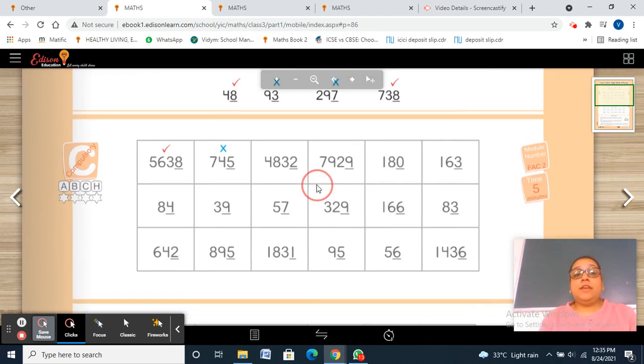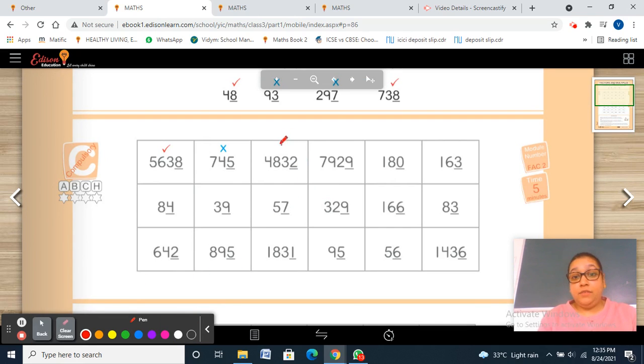So we have to take the even numbers and we have to cross the odd numbers. Okay. So let's start with the even number. This is 2. Yes, even. 9 odd. 0 even. 3 odd. 4 even. 9 odd. 7 odd. 9 odd. 6. Yes, even. 3 odd number. 2 even. Odd, odd, odd, even, even.